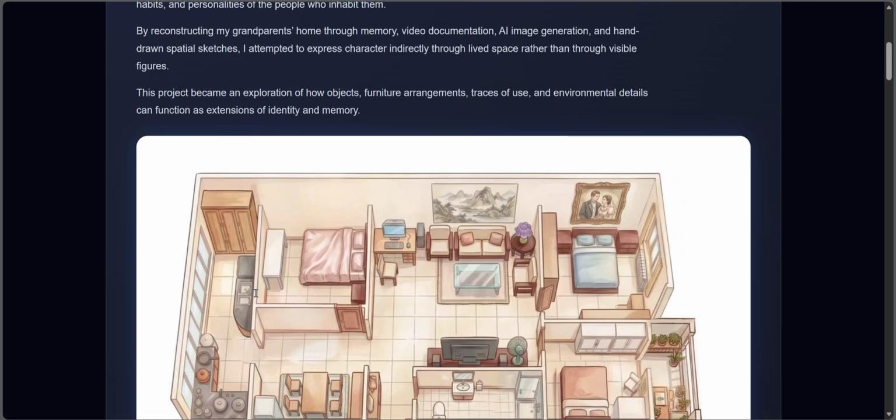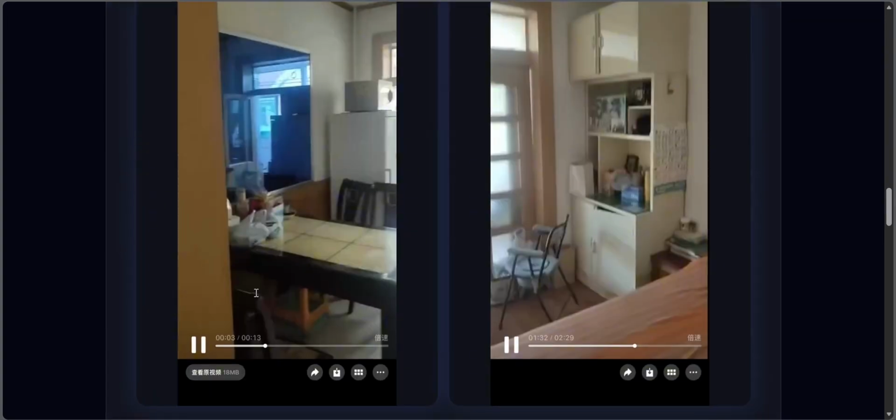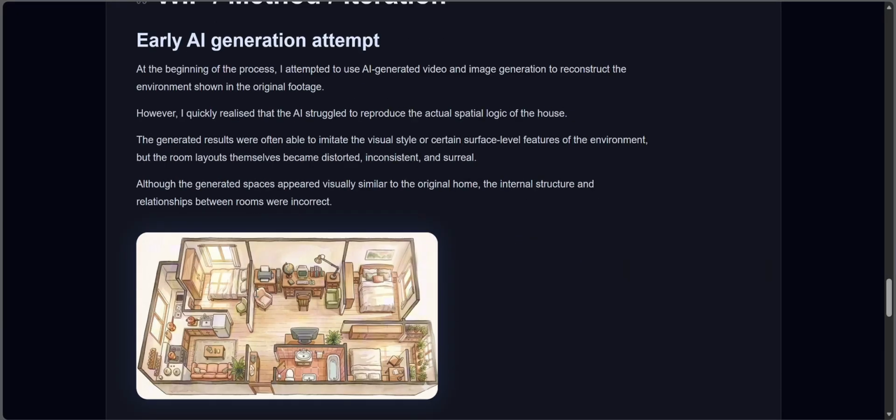At first, I tried to use AI to reconstruct a space. The results looked visually similar, but the spatial logic was wrong. The connections between rooms were incorrect, and the furniture placement also felt unreasonable. This made me realize that AI can imitate appearance, but it does not truly understand the internal logic of a